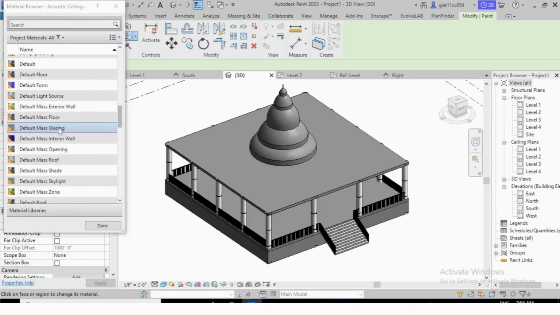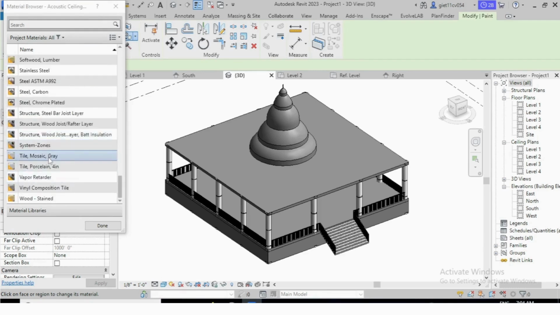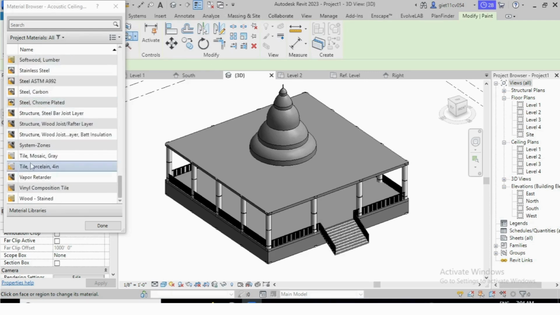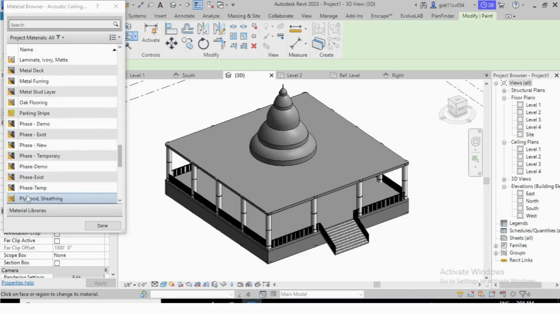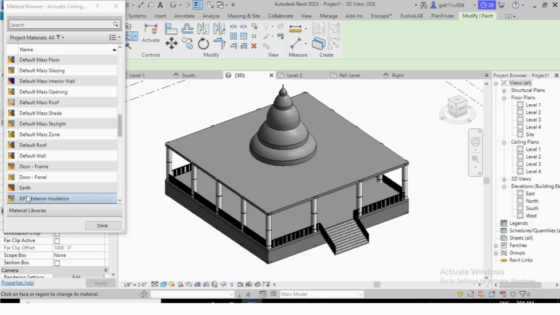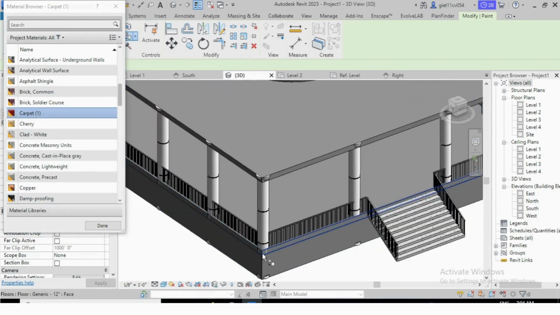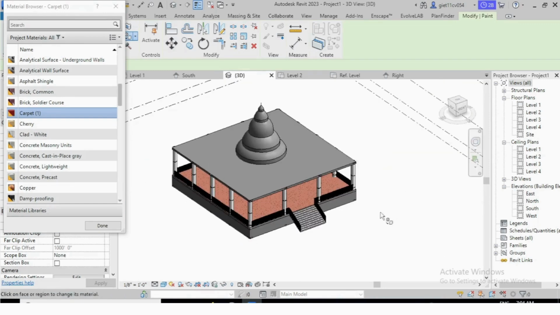Now you can select from here, or you can select from the, suppose I am selecting this carpet. Suppose I have selected this floor as you can see here like this.